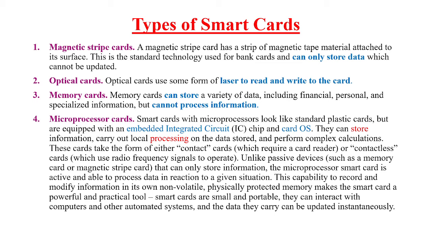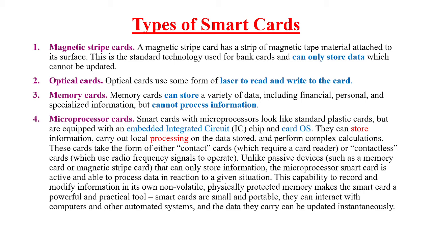Coming to the types of smart card. We have categorized the types of smart card based on the material used to develop the smart card. The first type is the magnetic strip card. As the name itself specifies, we are going to use a magnetic tape material, and hence the name magnetic strip card. In this card there will be a strip made of a magnetic tape material